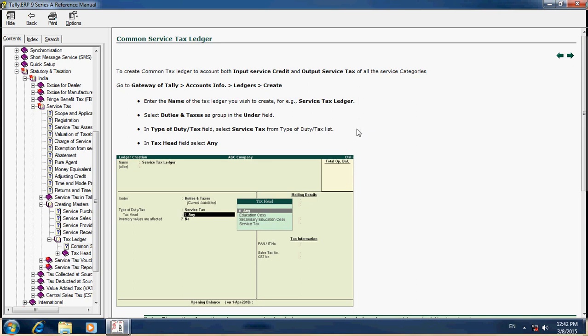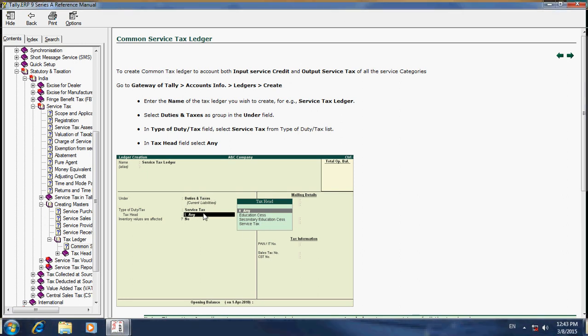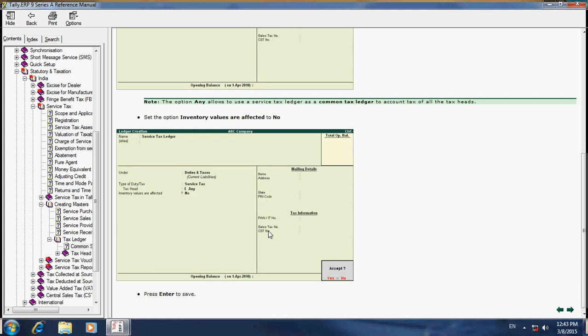So go to Gateway of Tally, Accounting Info, Ledgers, Create. Enter the name Service Tax Ledger. Here Service Tax Ledger, under group Duties and Taxes. Then type of duty is a must. You have to select Service Tax. Head is Service Tax. Like that.